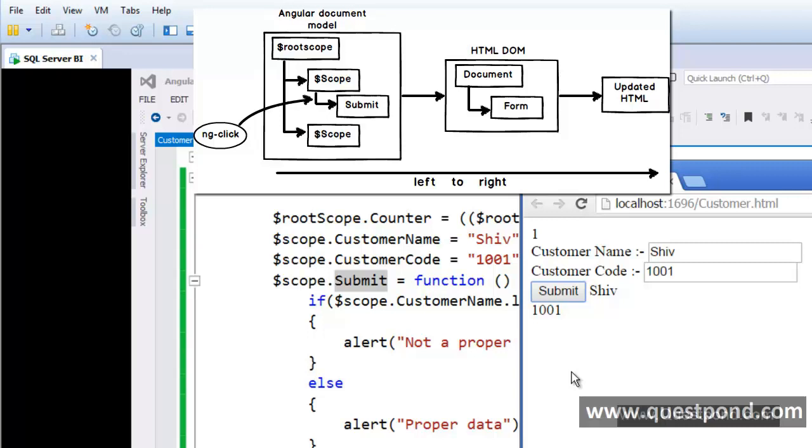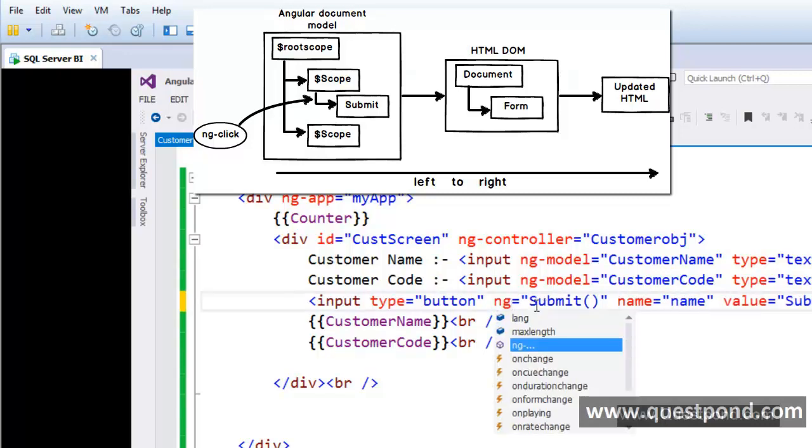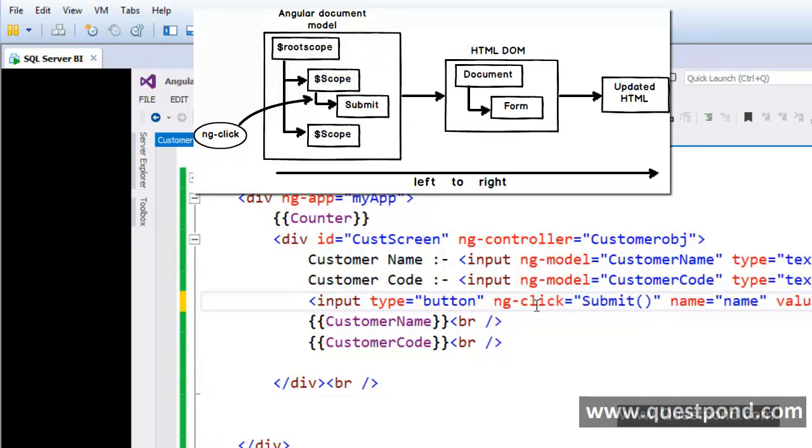So in other words, this submit button is not lying on the HTML DOM, or it is not a very general object. It is a typical native object of Angular at this moment. So if it has to be called, it has to be called via Angular, right? That's why you cannot call the submit function like this by using onClick of JavaScript. You need to use Angular events. So you need to say ngClick. Remember, Angular also has events, which can be defined by using directives,